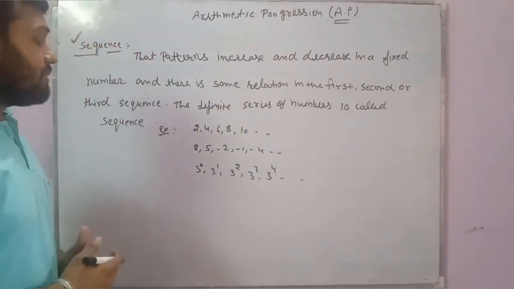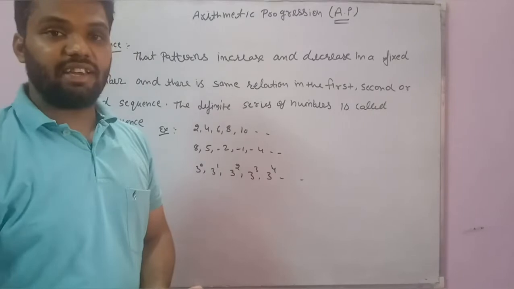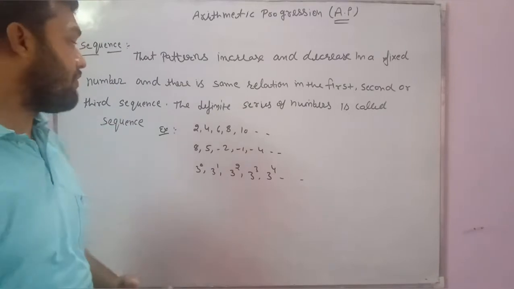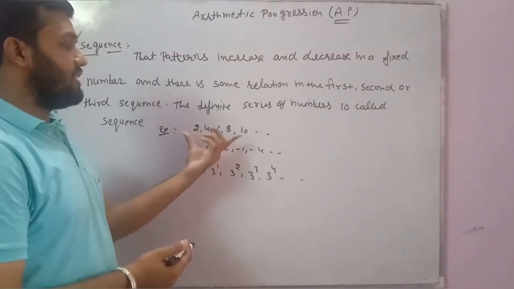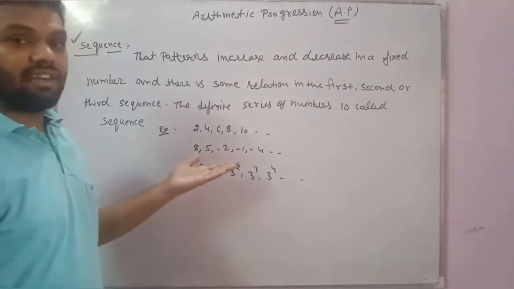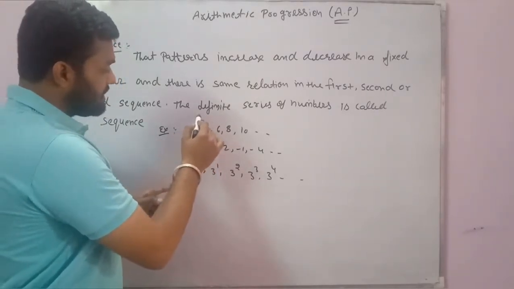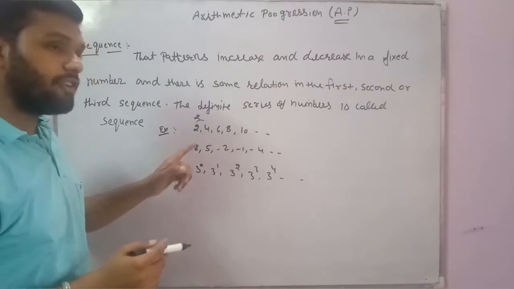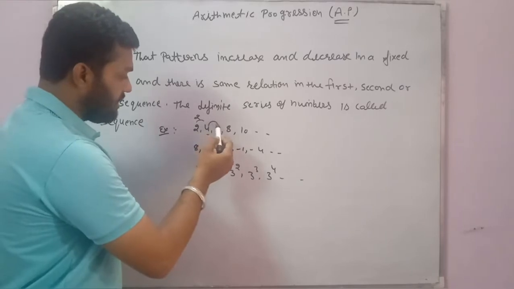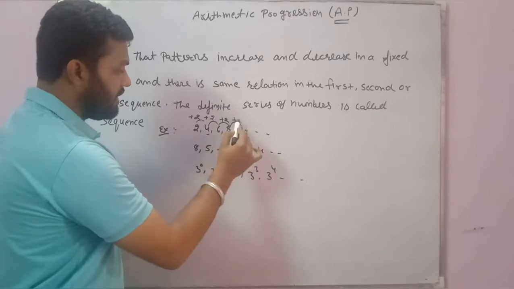क्या कह रहा है आपको कि अगर हम किसी भी नंबर्स में कुछ इंक्रीज करें या डिक्रीज करें तो इस टाइप के जो नंबर आपको मिलेंगे, we found the numbers, जैसे called a sequence. For example 2, 4, 6, 8, 10. This is a sequence. Why? Because the difference between two numbers is 2. If we add 2 to the preceding term, we find the succeeding term. Again add 2, again add 2.